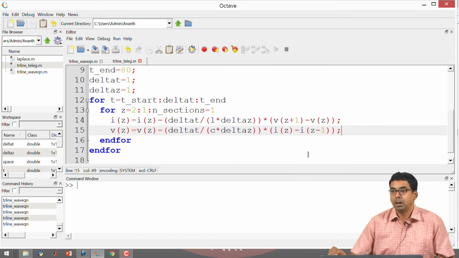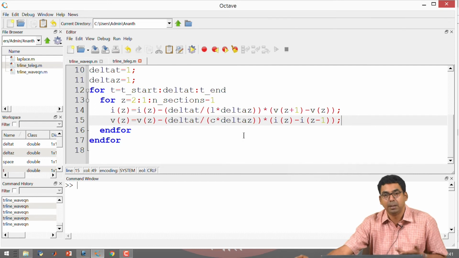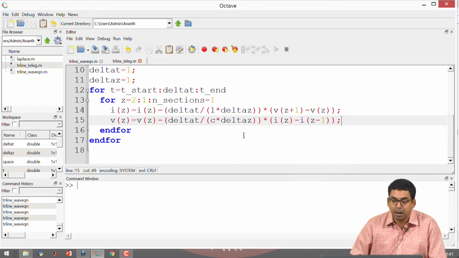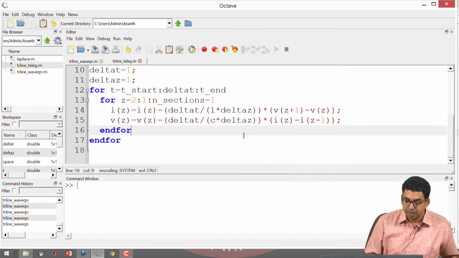So, this is your telegrapher's equation code. All we need to do now is set it up a little bit, that is, we need to give a source of a voltage or a current or something in this transmission line. Then we have to give some plot commands to plot the current and the voltage, and then we can start to go back and see what is happening, and in the next class we can go back to some theory on what happened and build on top of things. So, let us go ahead and finish this.